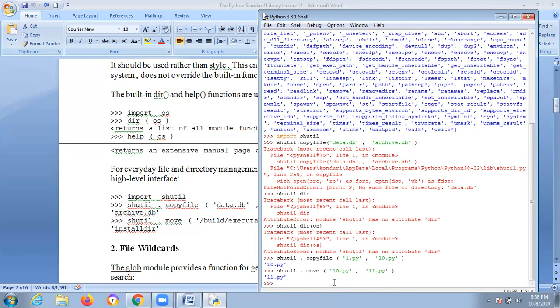So 11.py will be there because you just moved to 11.py only. That's why it depends. This is the example of the operating system interface.